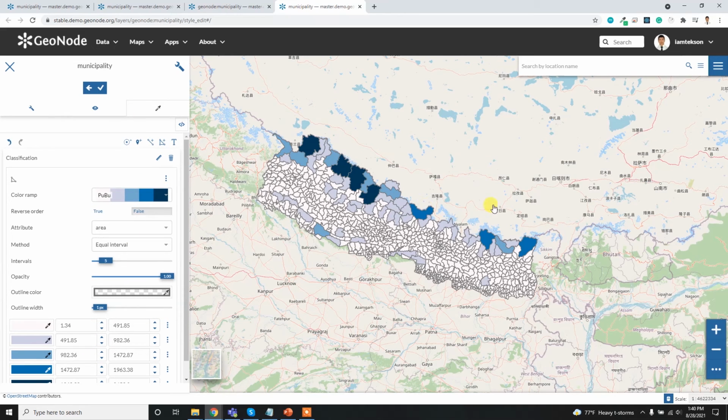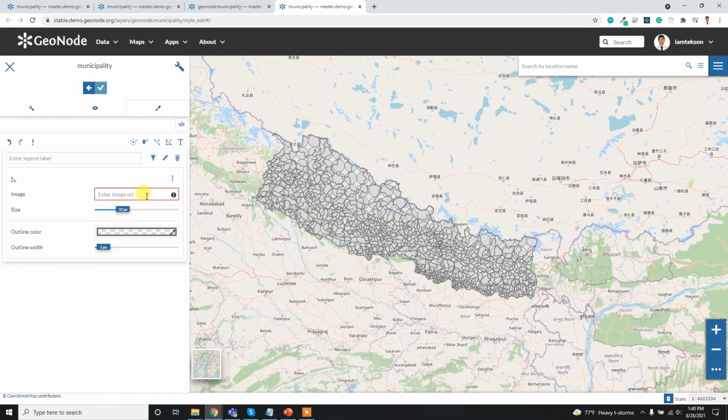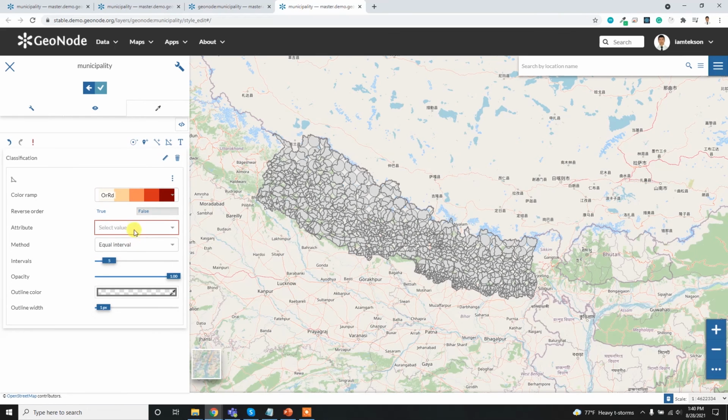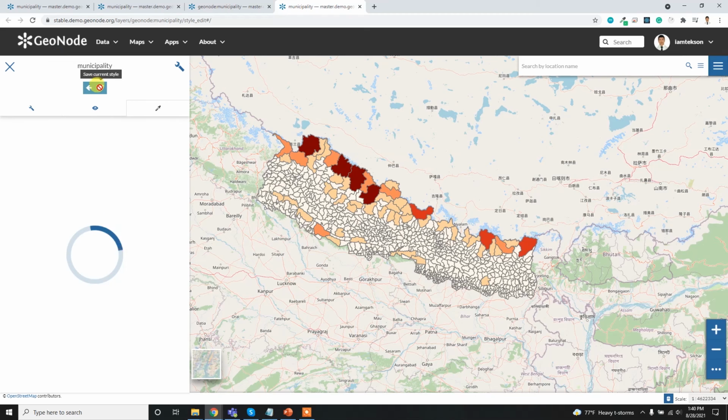So yeah, in this way you can simply edit your map, or even I can change it to the pattern mark, and then this will look like this, and then pattern icon, and then I have to provide the icon URL, but this is not valid for my case. So okay, I'll make the style like this for now, and then I can simply save it,